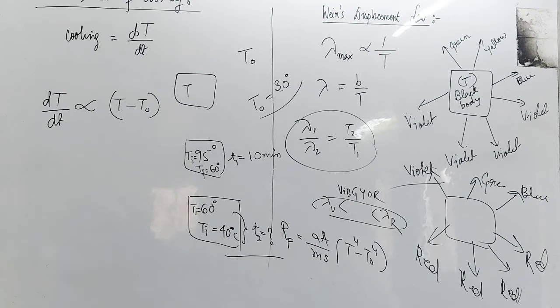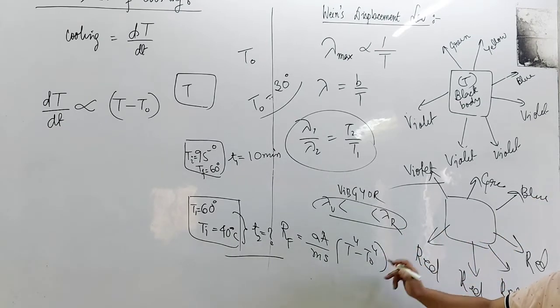40 degrees? What will be the duration? The question will be like this. For Newton's law of cooling, they will give you the initial temperature of the hot body, the final temperature of the hot body, along with the temperature of the surrounding. Understood? However, for Stefan's law, the cooling